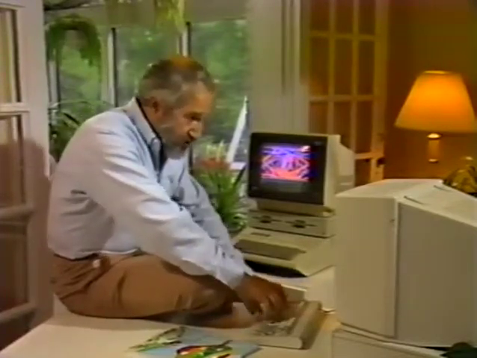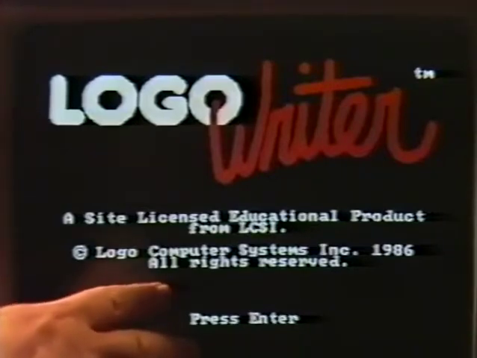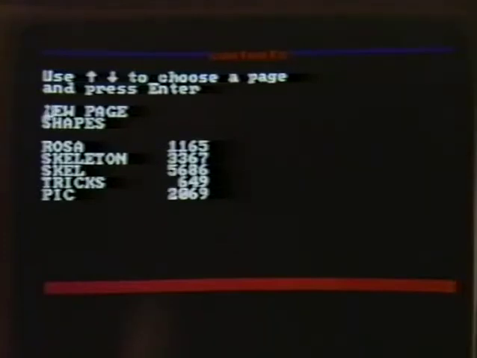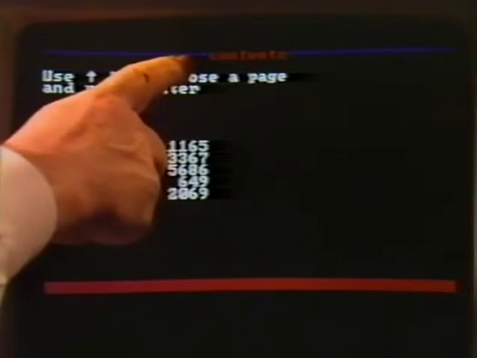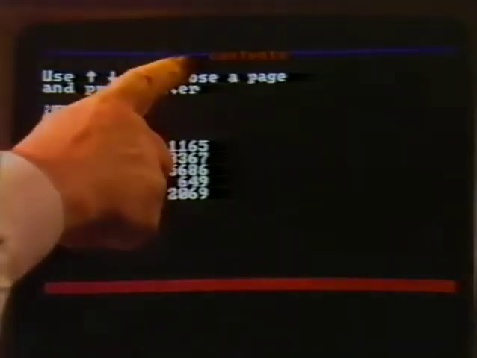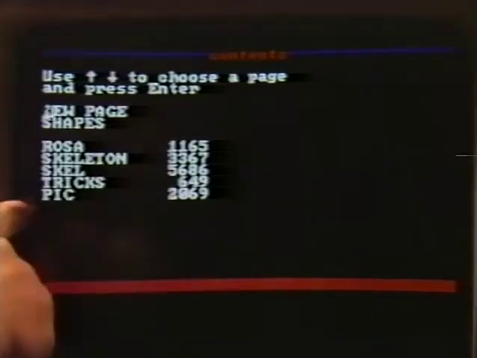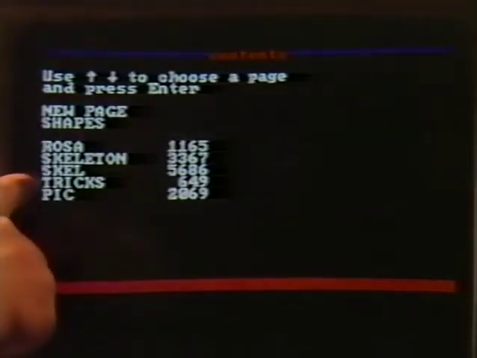Let's boot up our Logowriter and see what it looks like on the screen. When we obediently press Enter, we'll see a screen that shows us the first of the major differences between Logowriter and traditional Logo. The word contents refers to a metaphor used by Logowriter to represent the material from previous work stored on the diskette. We select an item by moving the cursor down with an arrow key. I'm selecting Scale. I press Return,